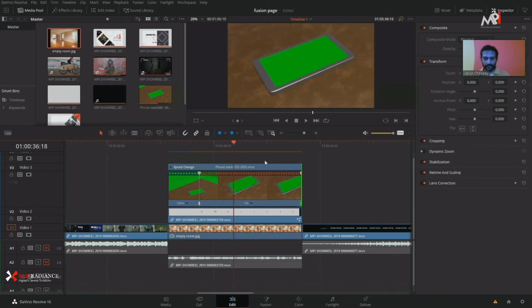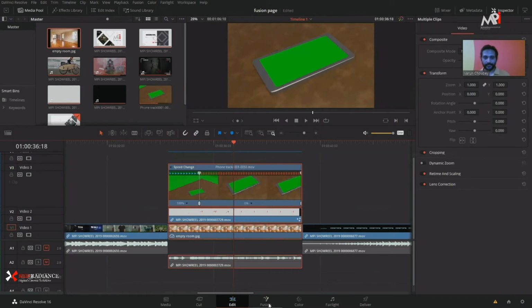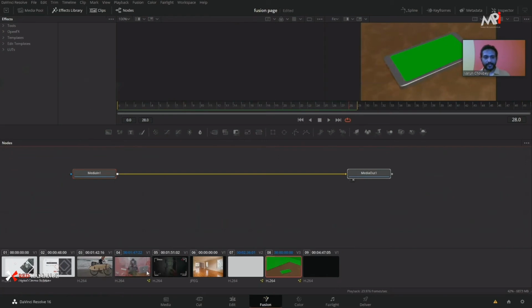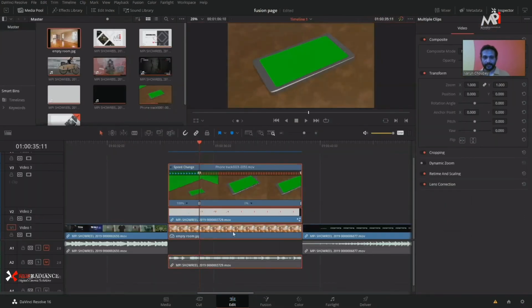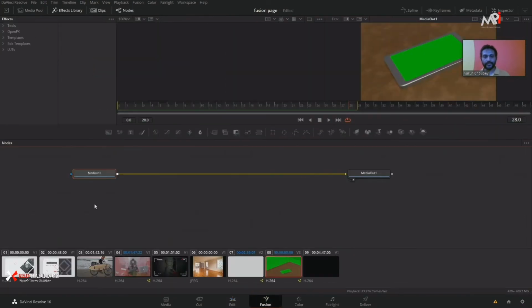So what we do here is, now you have to understand this because, as I said earlier, the other pages like Fairlight, Edit, and Cut are layer-based, and Fusion is a node-based system. And whatever clips you have, consider every clip as a Fusion project. Now, when you understand that every clip is a Fusion project for Fusion page,